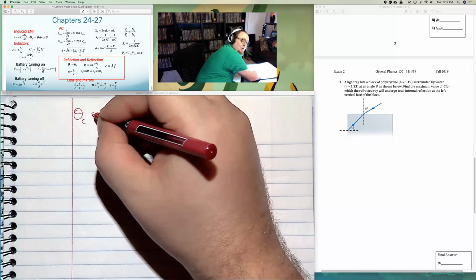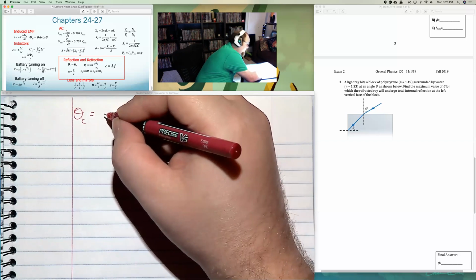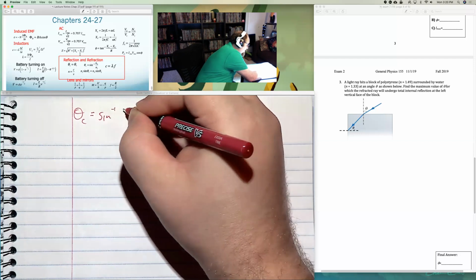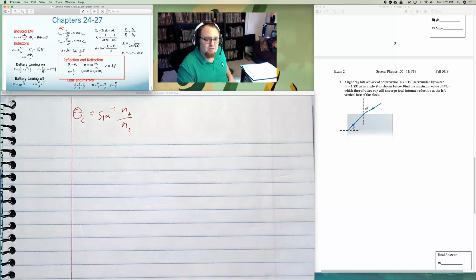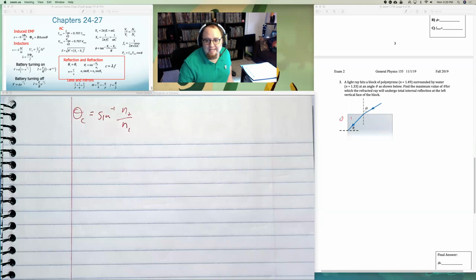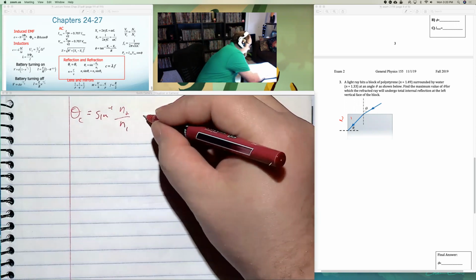But I know the critical angle is equal to the inverse sine of n2 over n1. Now, in this case, that's when you're leaving a material. And that means n1, let me draw, for critical angle, it's assuming you're coming into something and leaving it. That means in this case, n1 is going to be the polystyrene